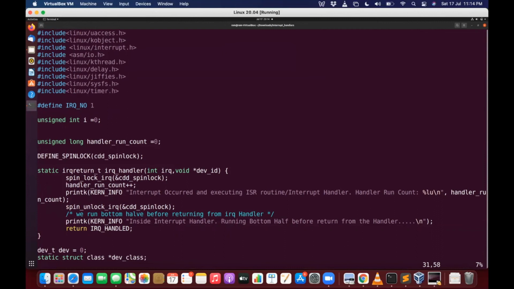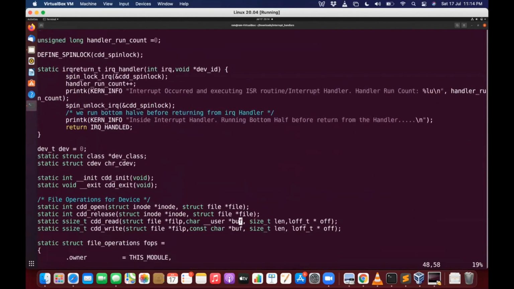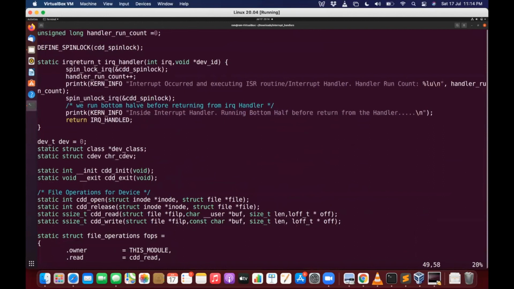And when the interrupt handler tries to finish, before that it runs the bottom half. We will discuss in future videos how it runs the bottom half. And here you can see it returns IRQ_HANDLED, as we have discussed, when it handled the IRQ handler. So this is the code for the device driver for keyboard.